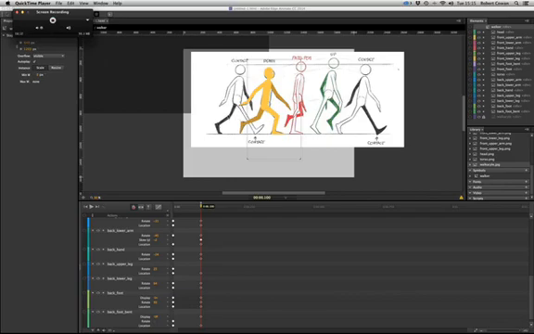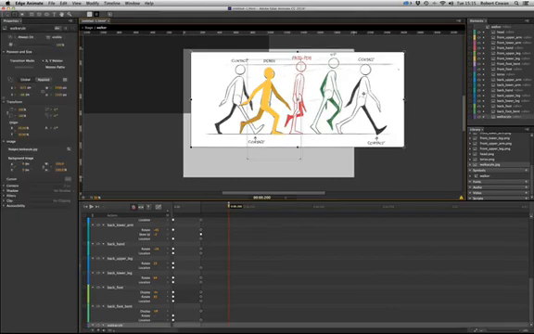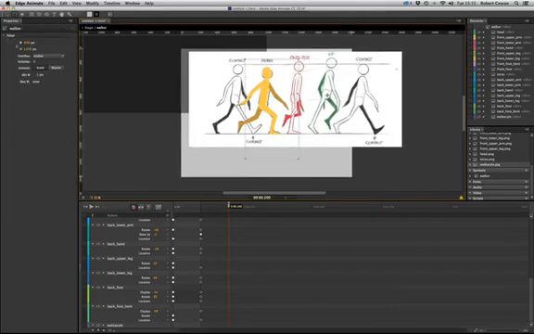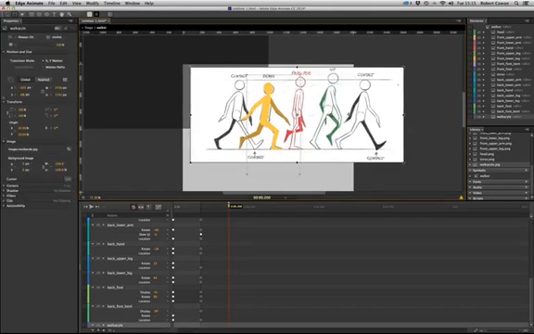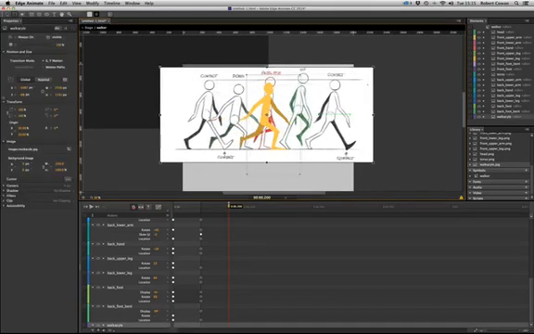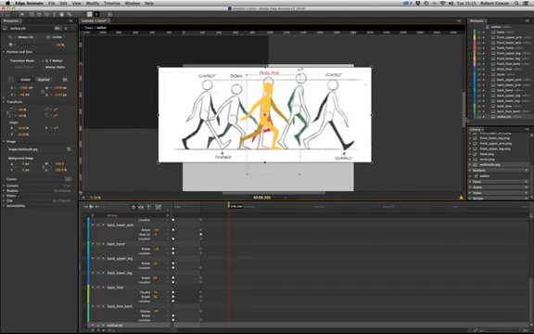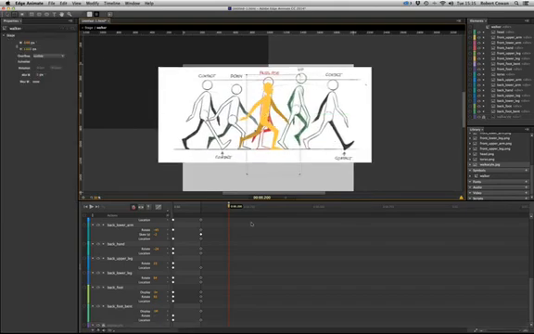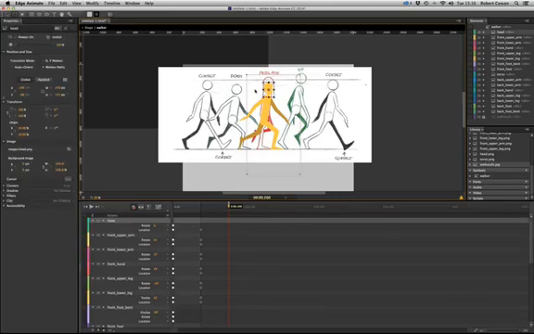Okay, so now we've completed the second pose. So it's a simple manner now of continuing the same process for the next 3 poses. So first of all, we move our playhead up to the next stage, which is 0.2 of a second. So move the playhead first, then unlock your walk cycle template, move it across so that the third pose is behind your character. Lock that layer again, and then go through the same process